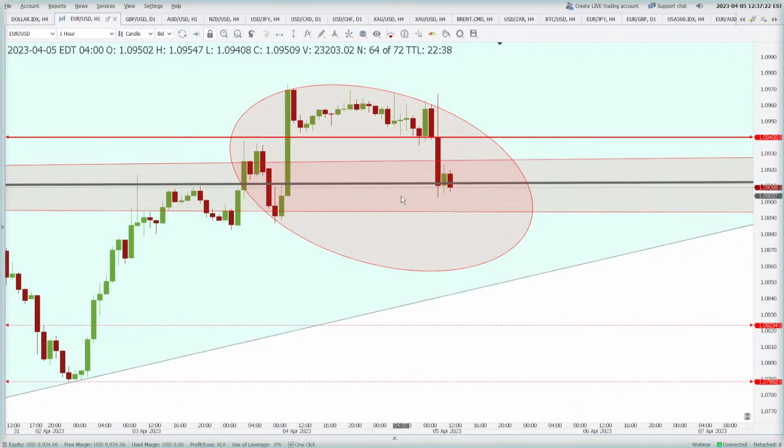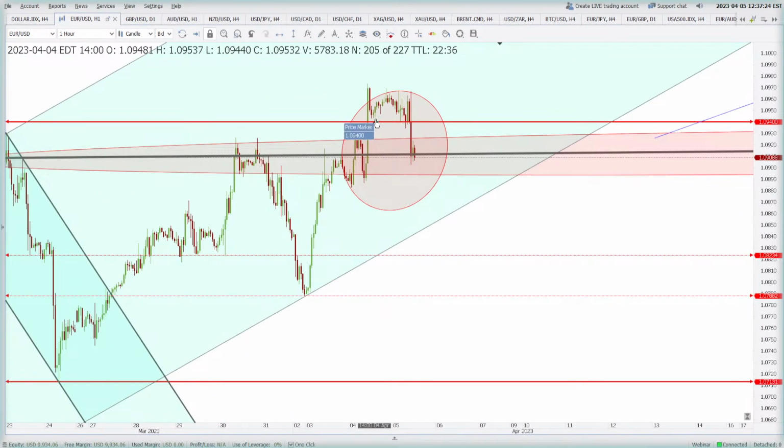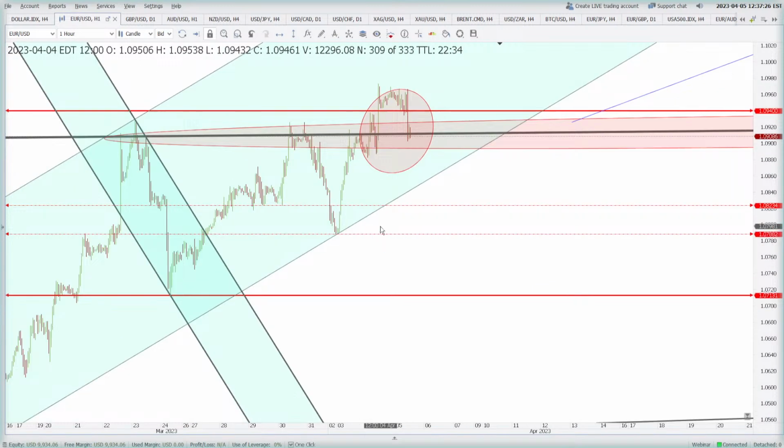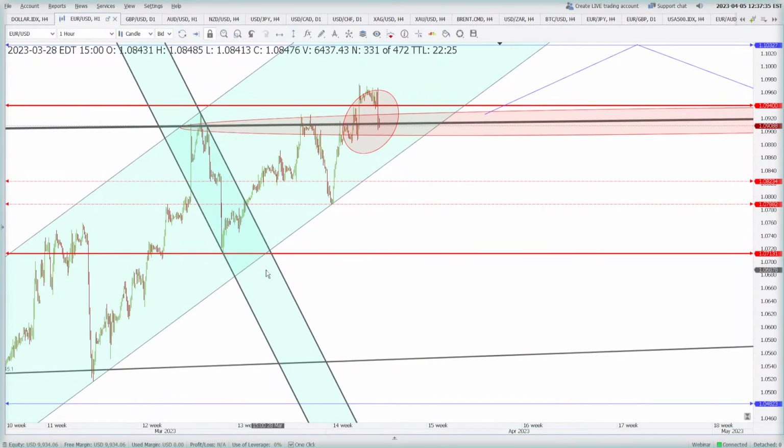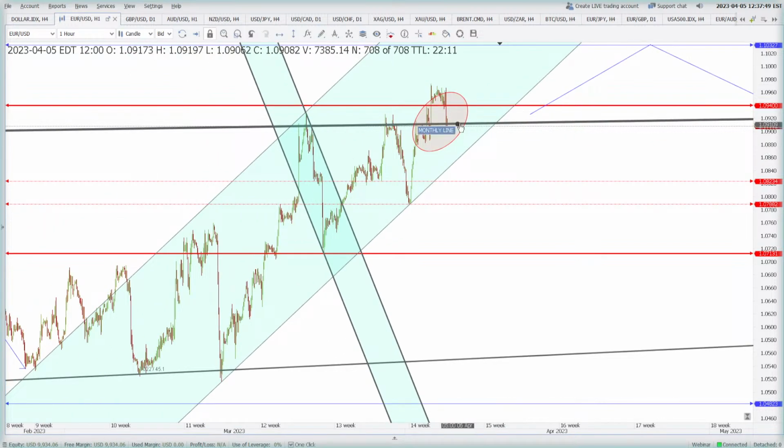So euro, if it is really going down from here and it clears this long ellipse that I have created, then what is the level where we can look for euro to take support? So we can expect euro to take support on this rising trend line. Otherwise, we can ask euro to take support on the 1.0823 area. All right, so these are the levels on the downside. I'll just remove this ellipse.